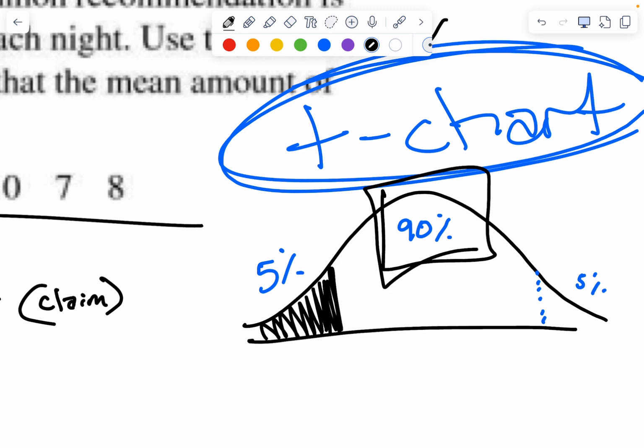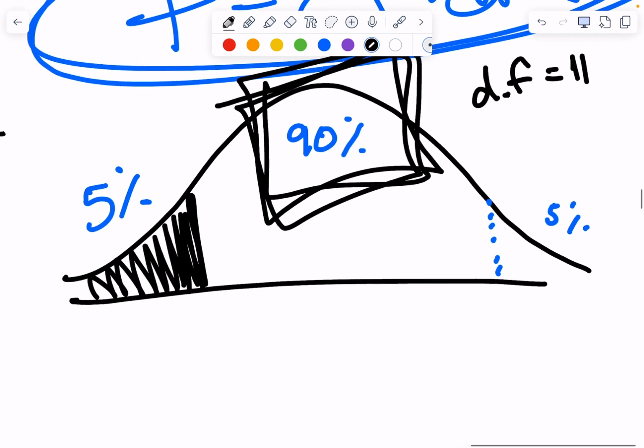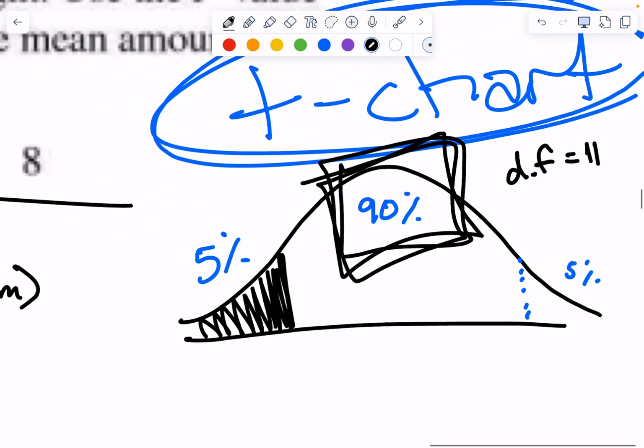One of them is 90% and the other one is degrees of freedom, which is 11. Okay, but I'm confused about where we're plugging this in. Oh, that's our cutoff mark. That's our cutoff mark for the thing. Yep. So if you look up 90% at 11 degrees of freedom, do you know which chart you're